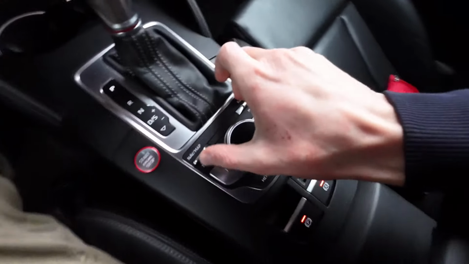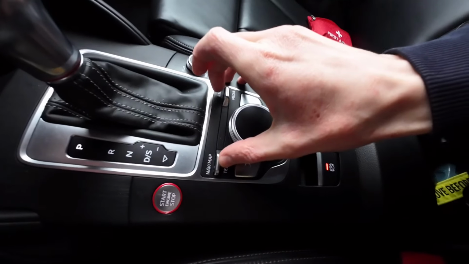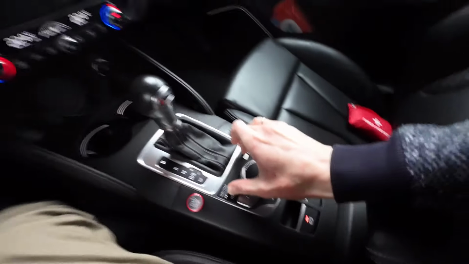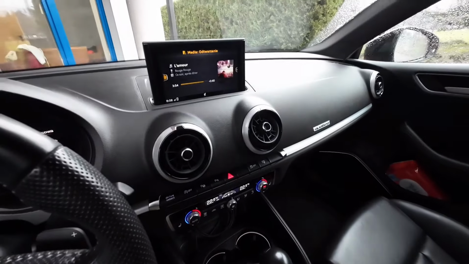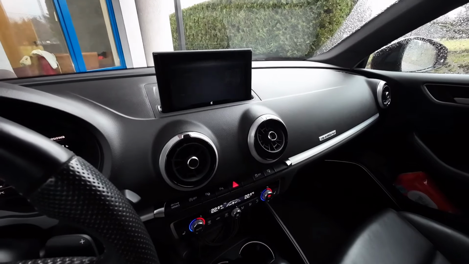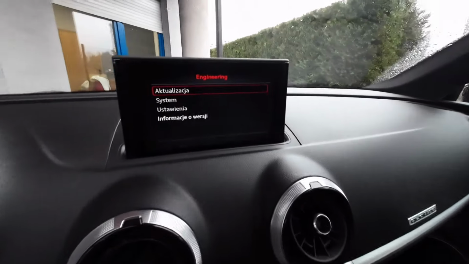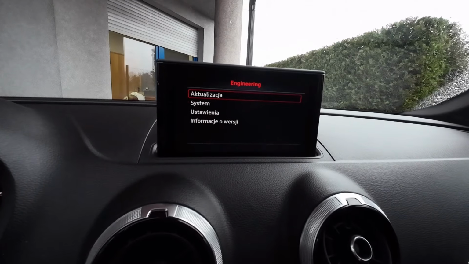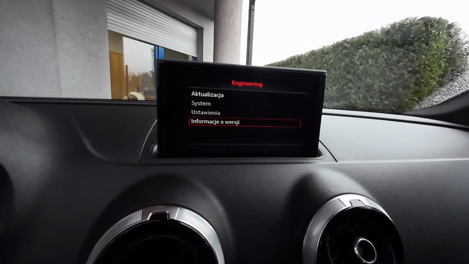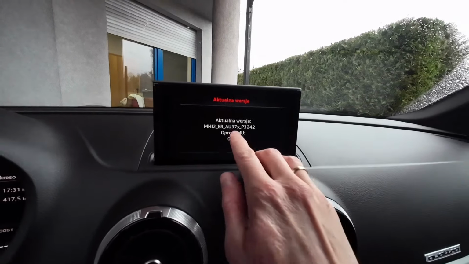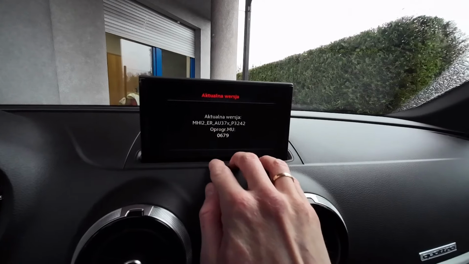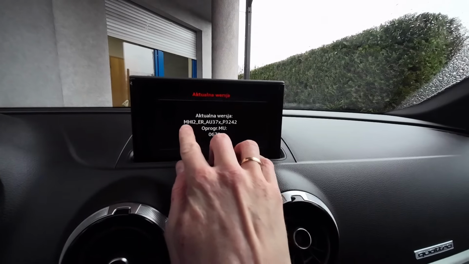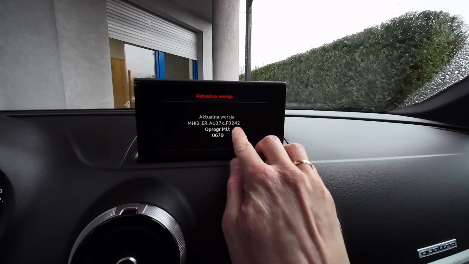You can hear it, maybe even see it. Keep it like this for about 3 seconds, and here we are. This is the red engineering menu. Over here we are scrolling down to version information, and we can see what's the current version installed in this vehicle. This is called firmware,